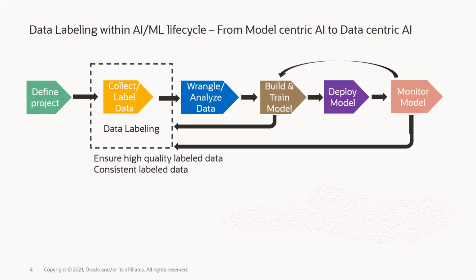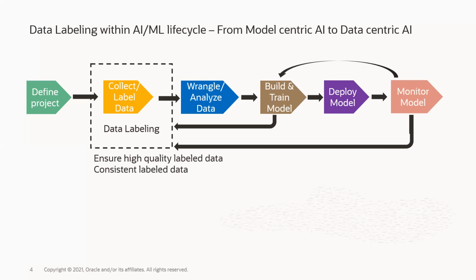Once you have come through a desired accuracy or results, you go and deploy the model, and lastly, monitor your model. Based on the model monitoring system, based on the data drift or model drift, you need to go back and repeat the process. So you're either going to collect more data, or you're going to label more data,